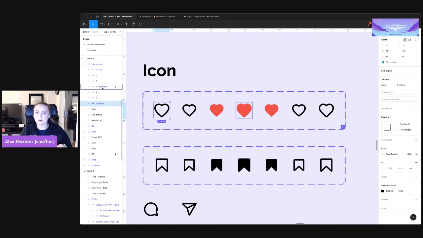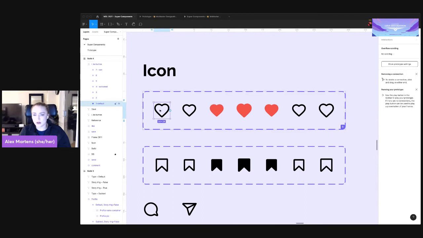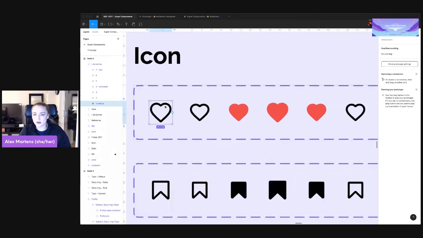As someone who owns the design system, you can always provide that in the documentation for folks who are using it. But in our case here, we're just going to label them as 1, 2, 3, 4, 5, 6, 7, because that's how they go through one by one. So to do this, I'm going to switch to the prototype panel, and I'm going to select this guy, and I'm